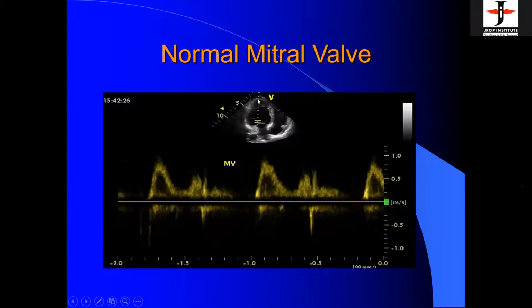going towards the transducer. So this is the basic principle of flow direction toward the transducer, keeping in mind that the apex, that the transducer always points from above downward from this position.